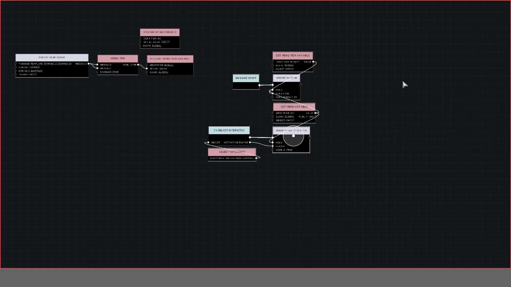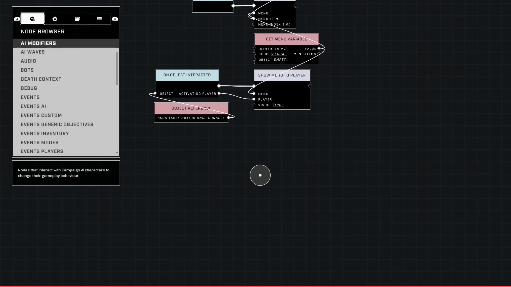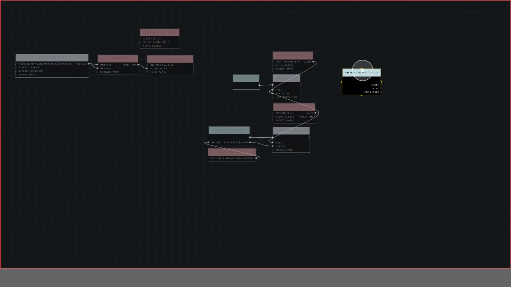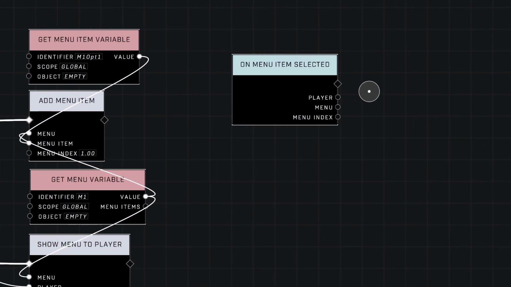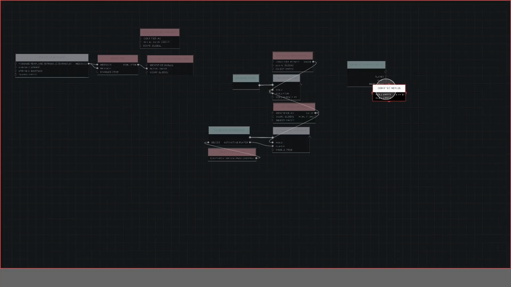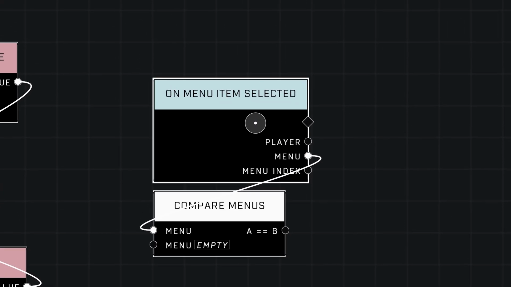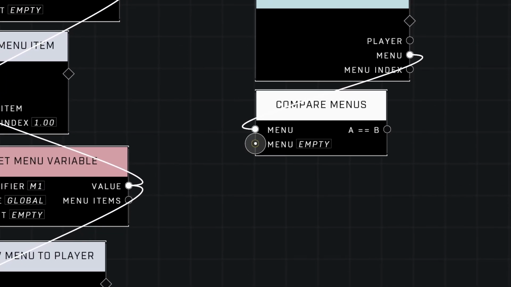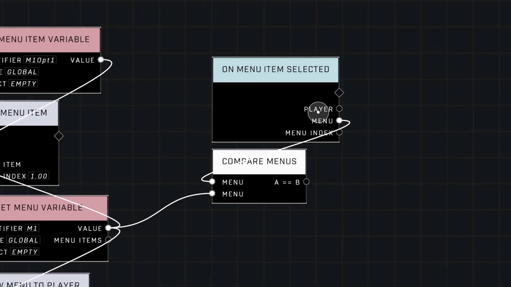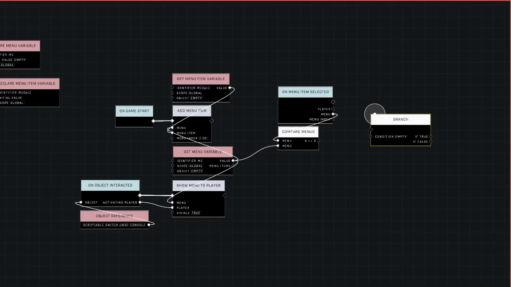So let's get our menu items to actually do something. The event we're looking for is events players on menu items selected. And I'm going to place this over here. The next thing we need is from logic compare, because we're going to grab a compare menus node, place it under our event, plug the menu here into the menu that comes from our event, and the second menu here into our get menu variable, because it's going to ask when this item was selected, did it belong to menu 1? And that means we need a branch,